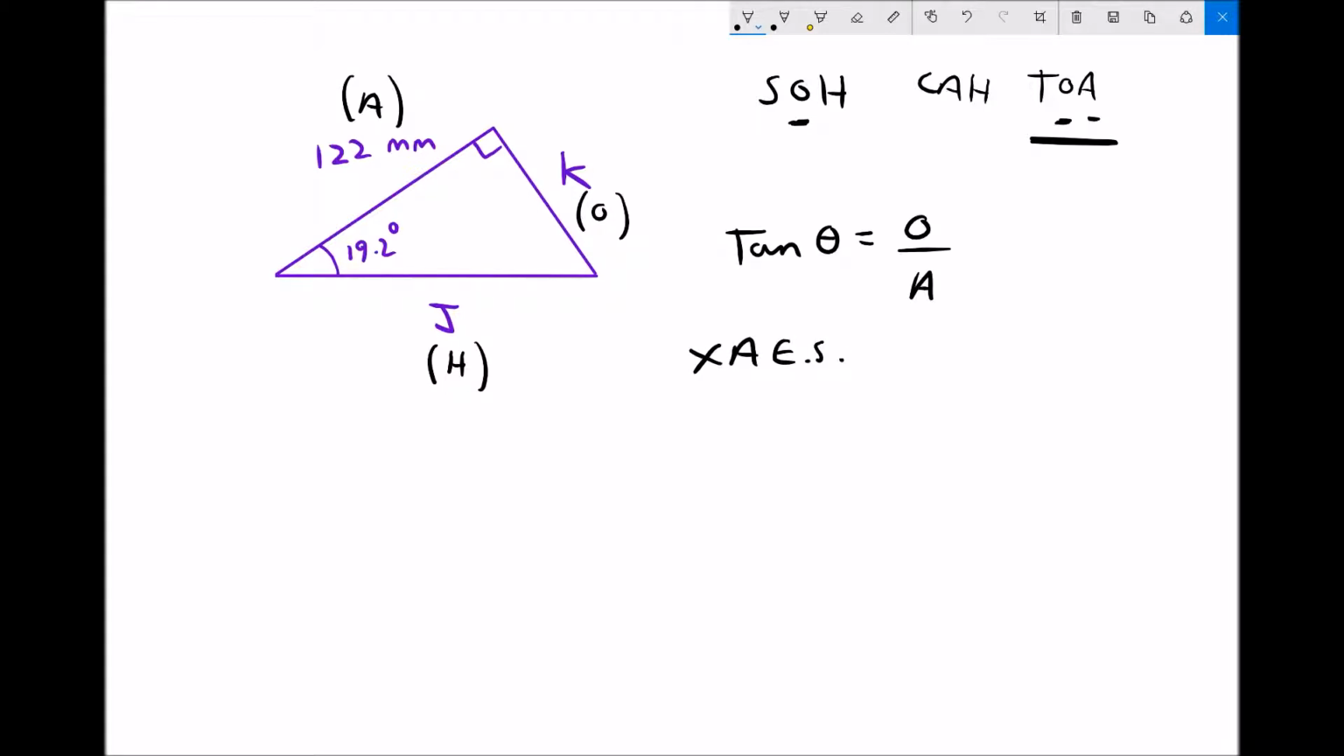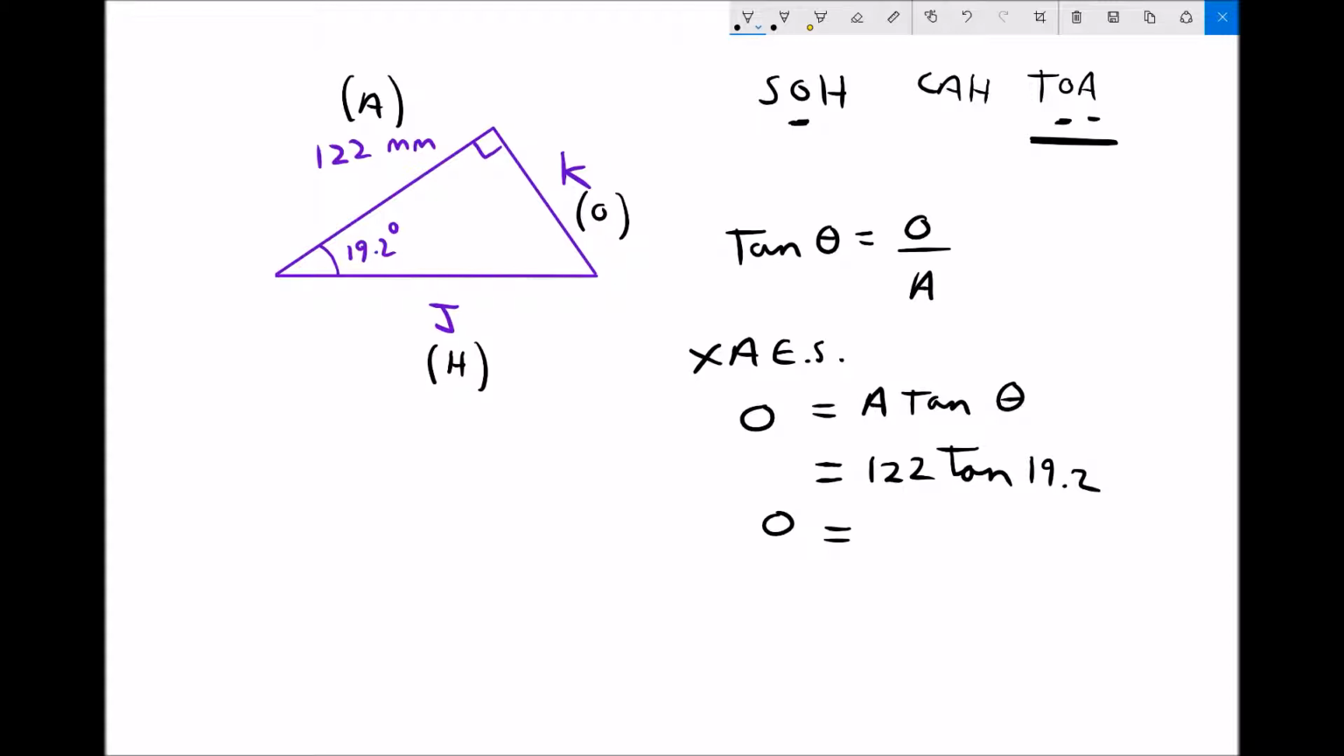And when I times by A, I'm going to get the opposite equals A tan theta. Okay, so I've selected my equation and I've rearranged that equation to make the O, or the opposite, the subject. And now I'm just going to plug in my values. The adjacent is 122 millimetres. Tan of our angle, which is 19.2. And that gives me the length of the opposite, which is